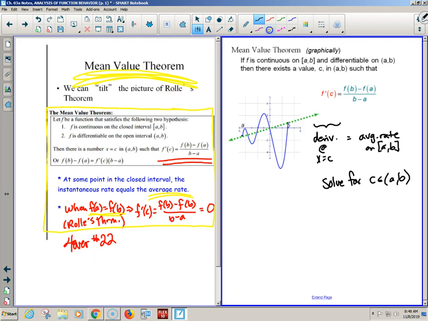The place where everybody makes a mistake is this one. They find this side and say, I'm done. They don't set the derivative equal to it and solve. We'll see examples on Monday, or on Tuesday because it's a 3-day weekend, which is why this homework is not due until next Wednesday.